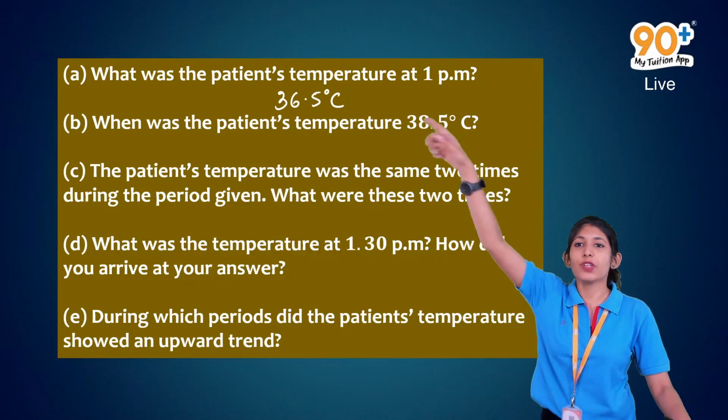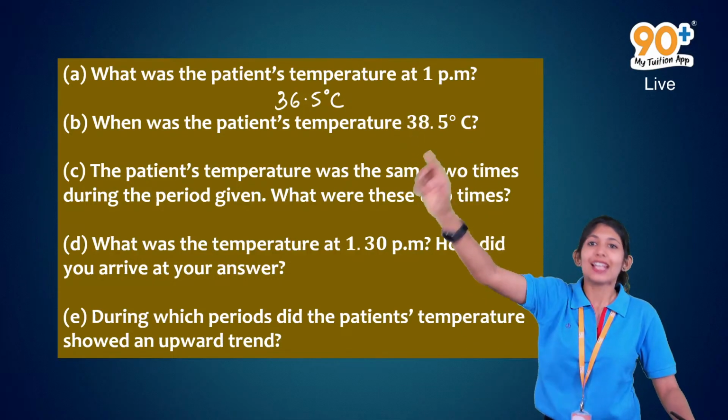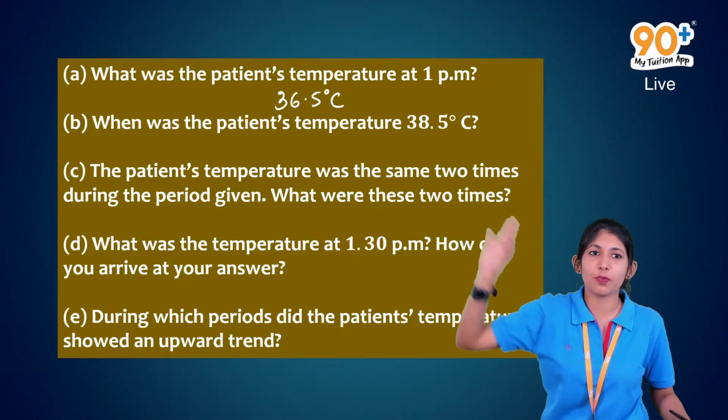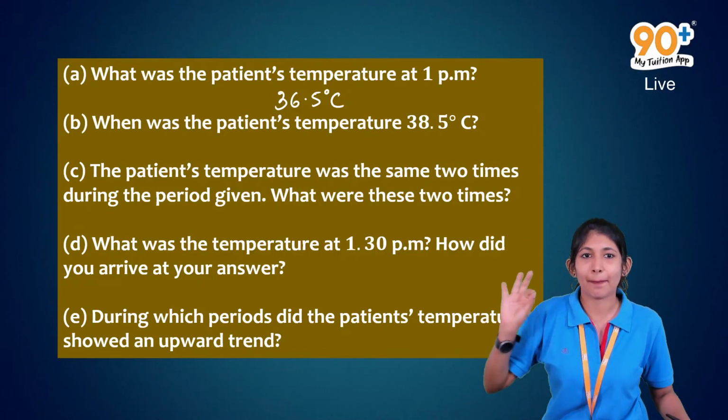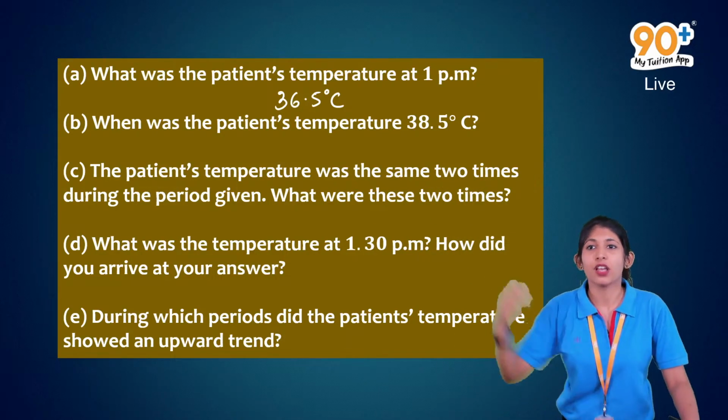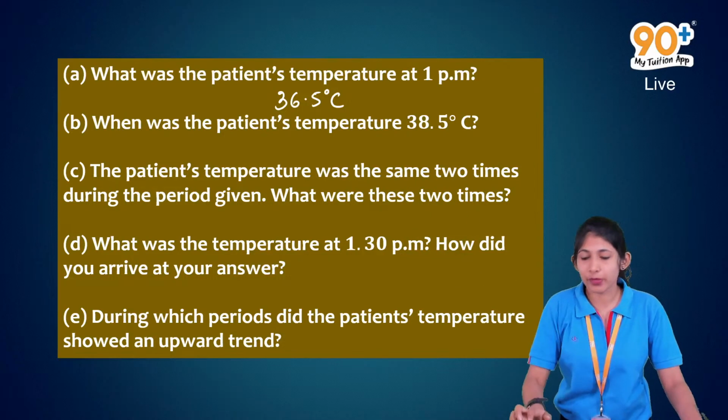And when you are writing in your exam, how should you write? The patient's temperature at 1 p.m. was 36.5 degrees Celsius. Mandatory. Okay. Now, when was the patient's temperature